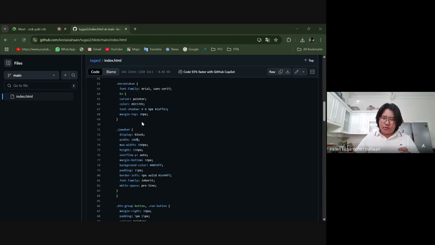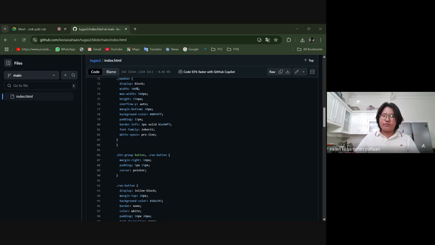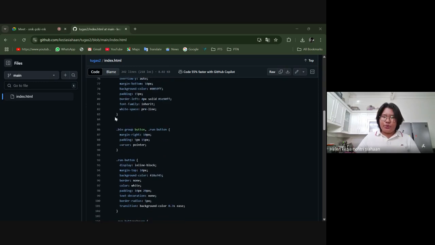Then the answer is doing the same, and you need to remember a little bit how many closing tags you type in here. If it has two, you need to input two. If it has three, you need to input three. Because if you get it wrong, it won't run.